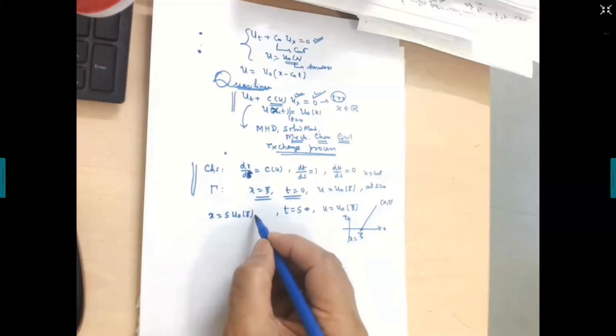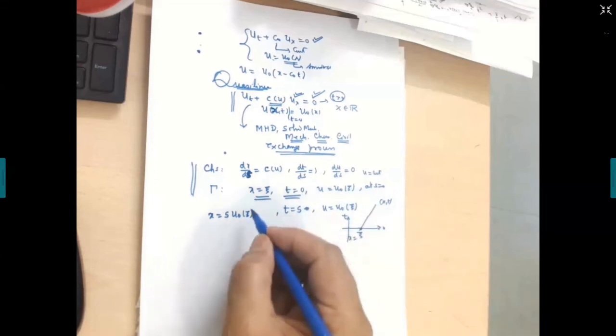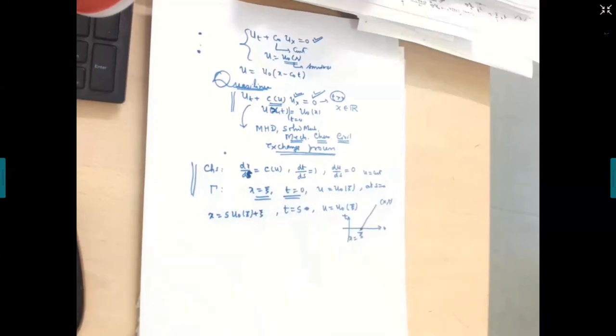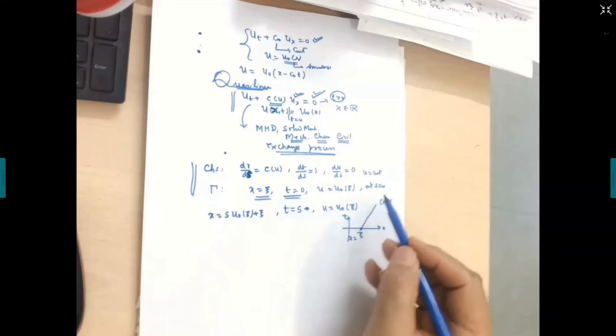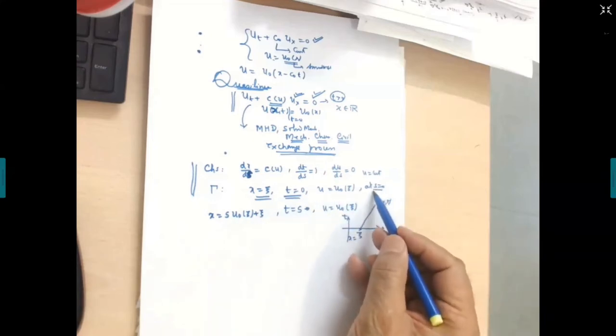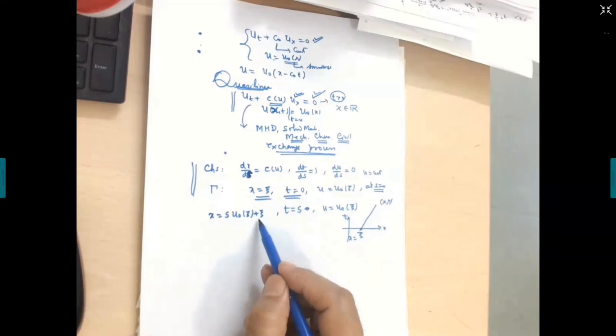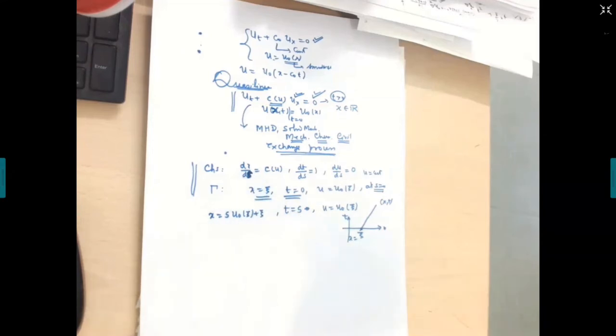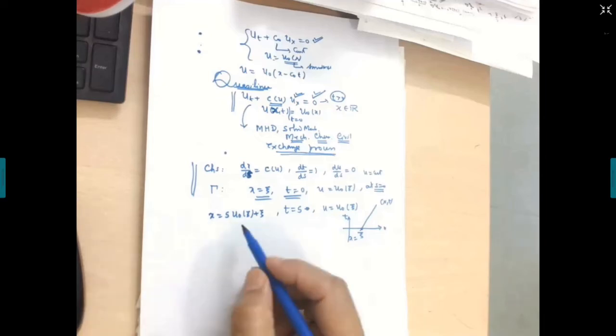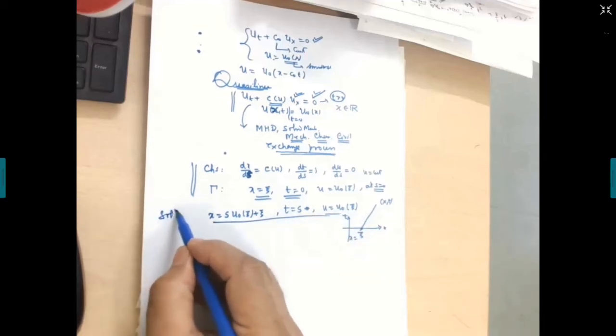So this is plus some constant. Now tell me what is the value of that constant? At s equal to 0, x is xi, so the constant is xi. Please check, is it correct? Yes, it satisfies the differential equation. It satisfies the initial condition that at s equal to 0, x is equal to xi. And dx/ds is nothing but u naught xi, because xi is a constant. So this is the solution to the system.